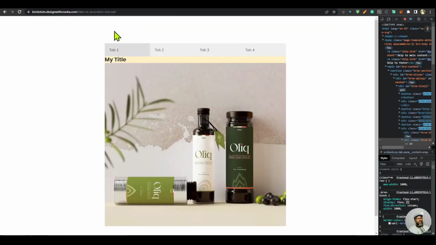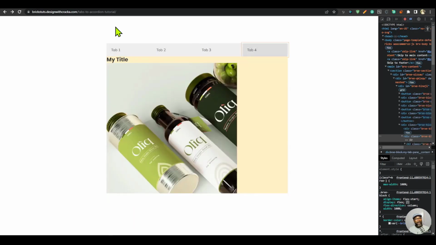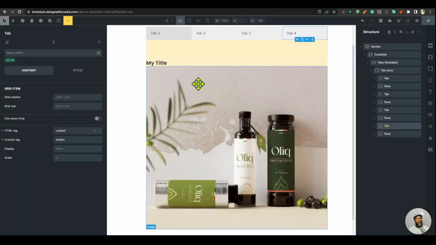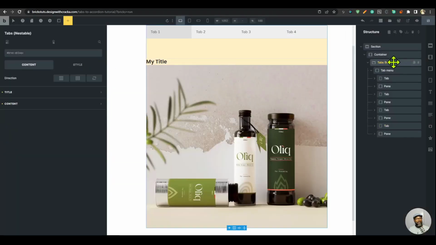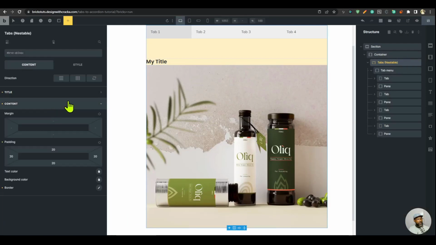It still works as we expect, but right now if I hit the tab key, you can see that it takes keyboard focus. Okay, all right, so I'm going to go ahead and just style that. Now let's go back to the tab nestable, and then we're going to style this from the parent here. So the content